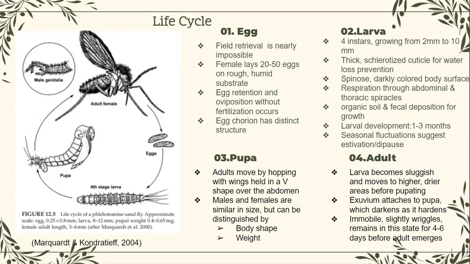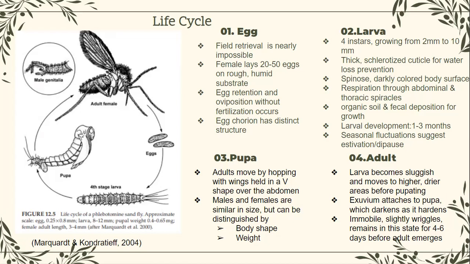Now for the third stage, the pupa. Before pupating, the larva becomes sluggish and tends to move to higher, drier areas. The fourth instar exuvium is attached to the posterior segments of the pupa, which initially appears pale and cream-colored but darkens as it hardens. The pupa is relatively immobile, only wiggling slightly in response to probes, and remains in this state for 4 to 6 days